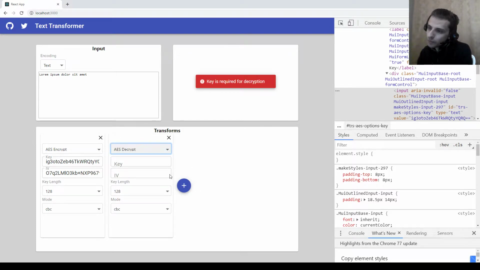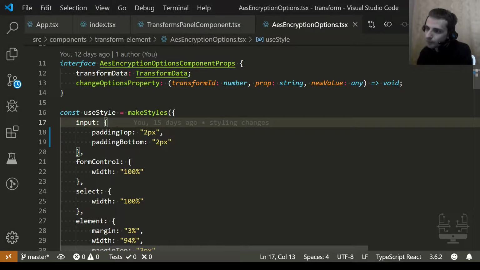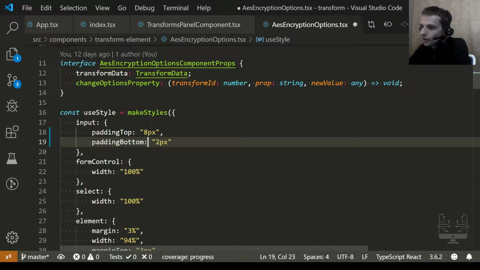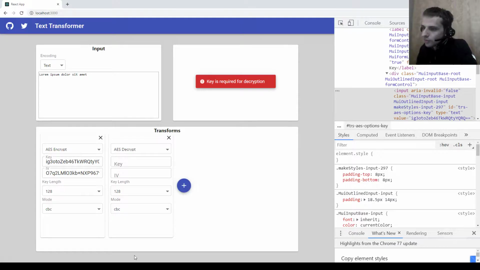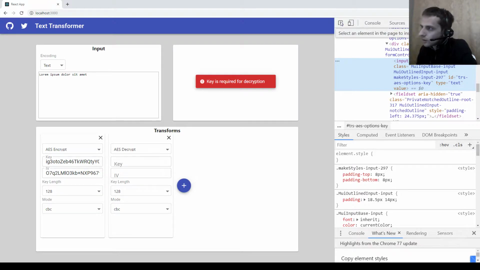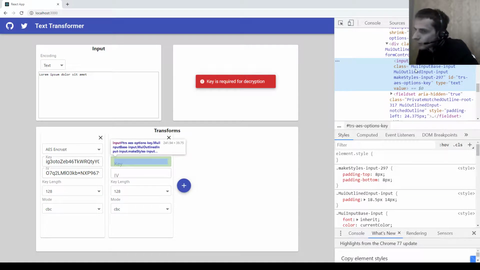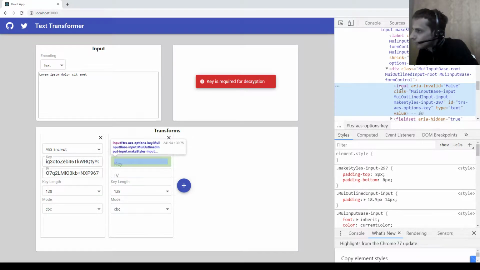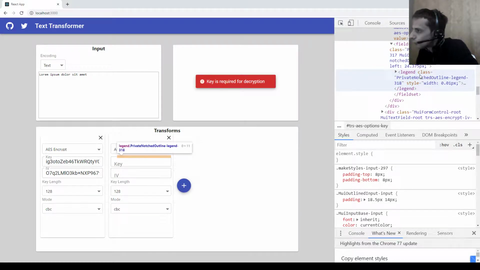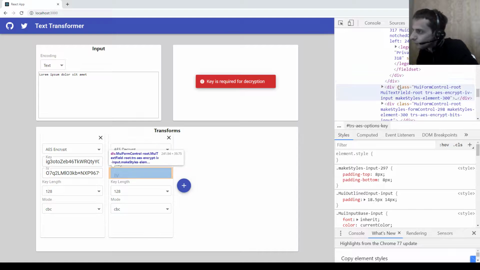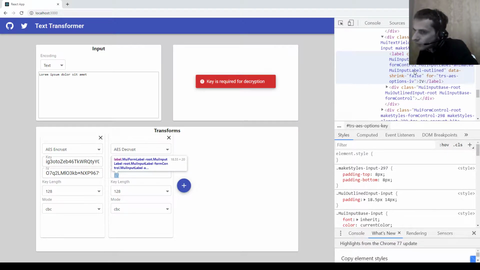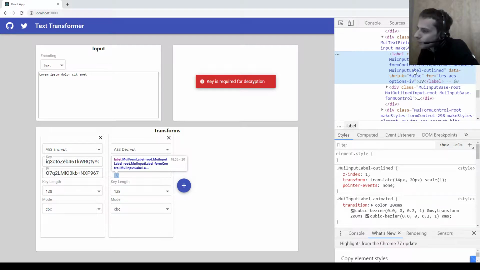What about aes-encrypt? Yeah, here we see another issue. This key and IV, they are not centered. So 8 pixels, and maybe center these labels. I can't find this label. How do I select it? I think I can't select it. I will just go and find it here. Inside field set probably. No. Then maybe here. Oh, here, label. So this label,